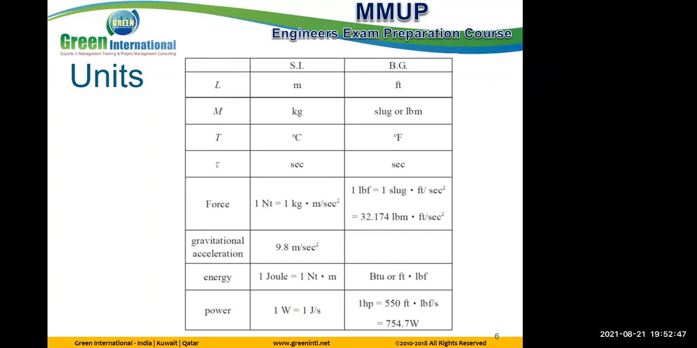First we start, for example, with length: the SI unit is meter. Here it's feet, and sometimes it's inch. Be aware when changing from inch to feet: divide by 12. Mass is kilogram, and for British it is slug and pound mass. This is very important. To change from slug to pound mass, one slug is equal